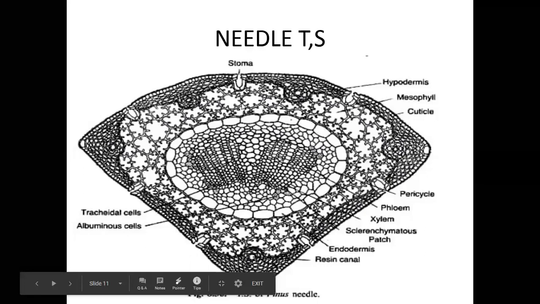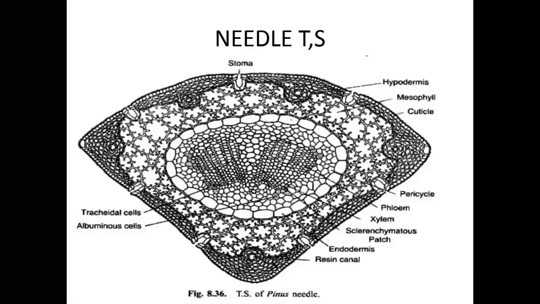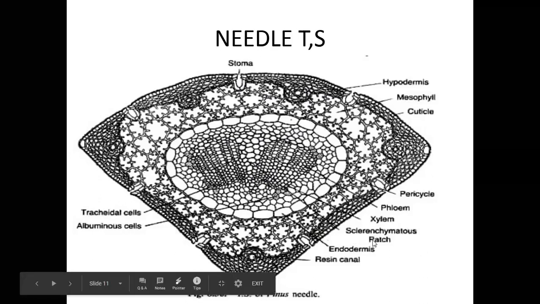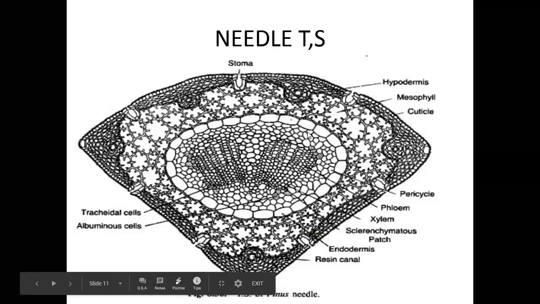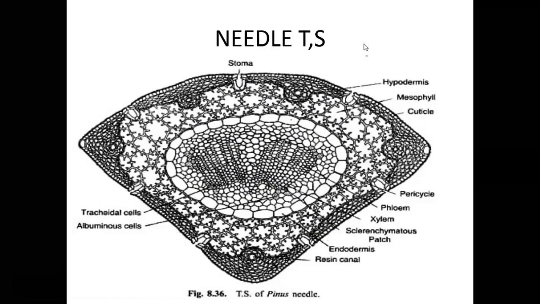So children, here are the xerophytic characters. What are the xerophytic characters? The epidermis covered by cuticle is one type of xerophytic character. Sunken stomata in the epidermis is another. The hypodermis made by sclerenchymatous tissue is also a xerophytic character. And sclerenchymatous tissues between the two vascular bundles are also a xerophytic character. See children, these are the xerophytic characters in the Pinus needle TS. So it is important for essay questions.